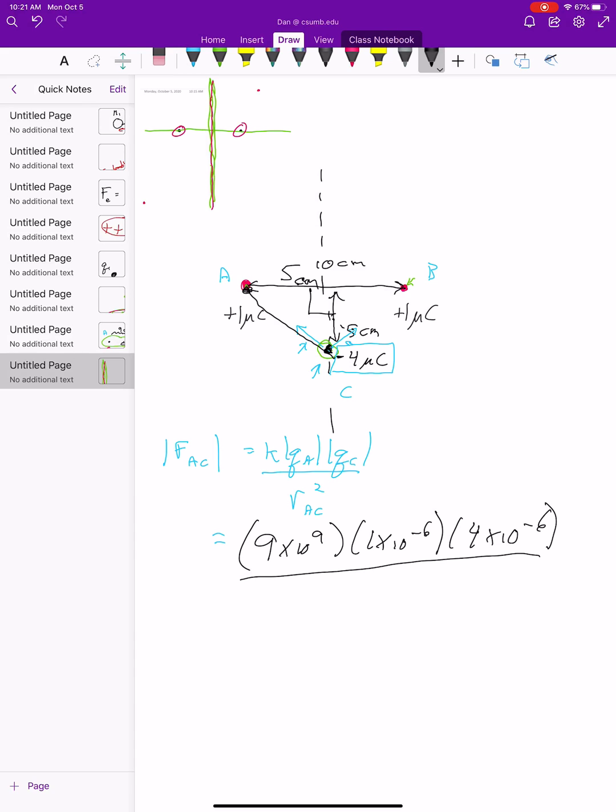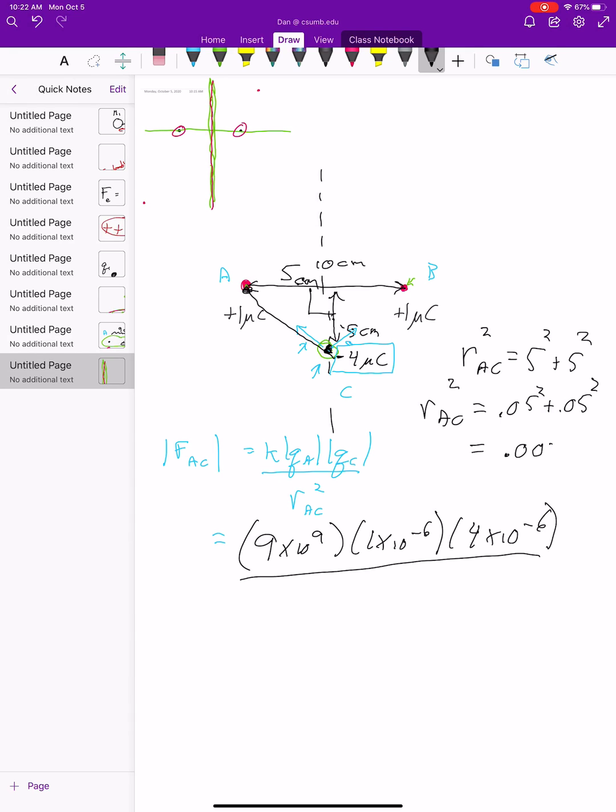So this distance R_AC is equal to, you could use the Pythagorean theorem, the square root of 5 squared plus 5 squared, in centimeters. If you want, I could make it meters: 0.05 squared plus 0.05 squared is equal to R_AC squared. This becomes 0.0025 plus 0.0025, and that's going to give me 0.0